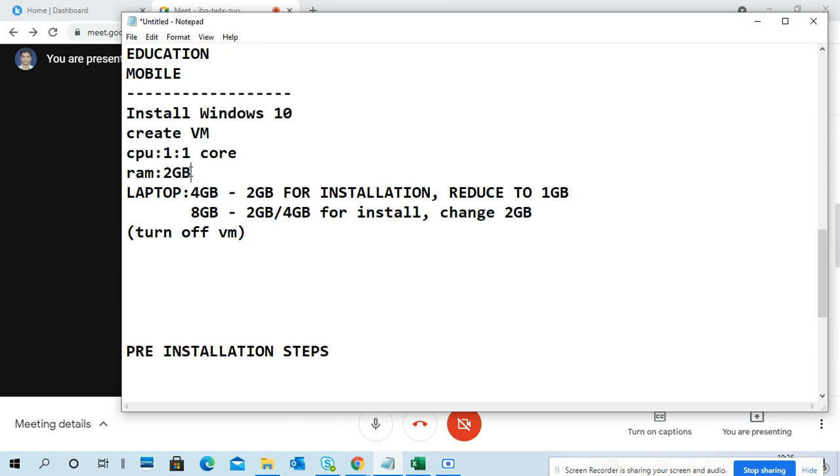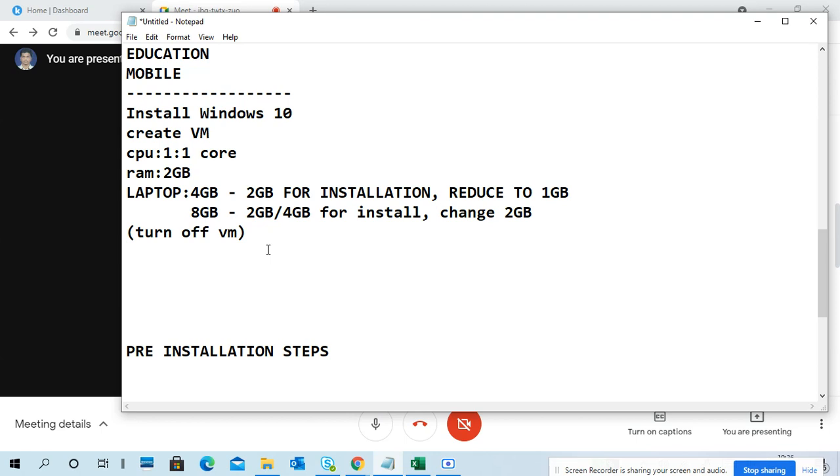Okay, so CPU 1 core, 2 GB. I'm also taking 4 GB RAM for installation, and once it is completed I will change it to 2 GB, because installation is faster. People who have only 2 GB RAM and have not upgraded the RAM, for installation you can put 2 GB, later you can reduce to 1 GB.